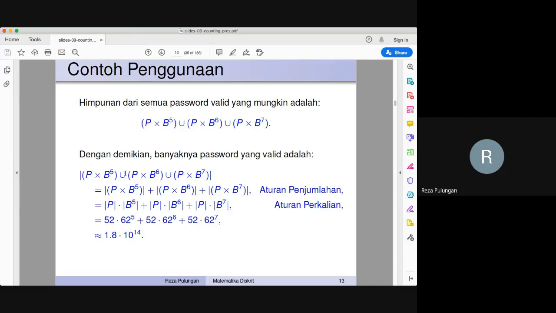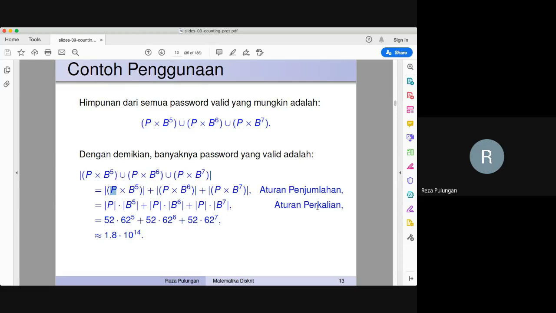Then this union here becomes summation. So from the summation rule we have this one: the cardinality of P multiplied by B to the power of 5 plus the cardinality of P multiplied by B to the power of 6 and so forth. And then the next one says if we have this set P multiplied by B to the power of 5, then the number of elements is just the multiplication.